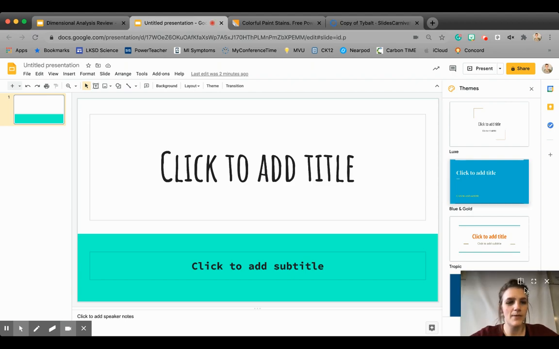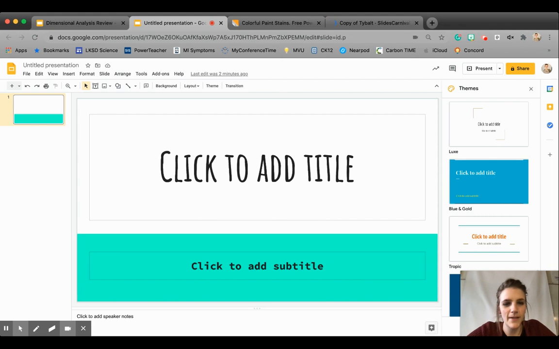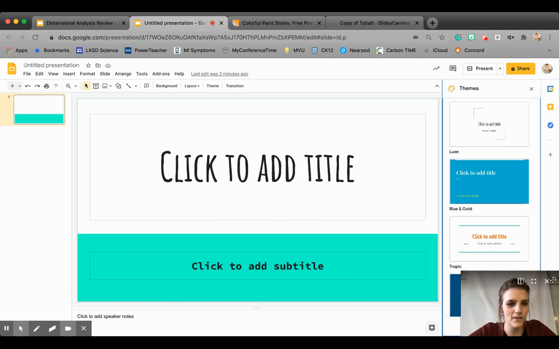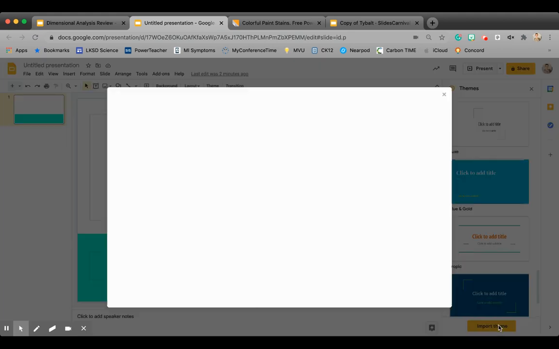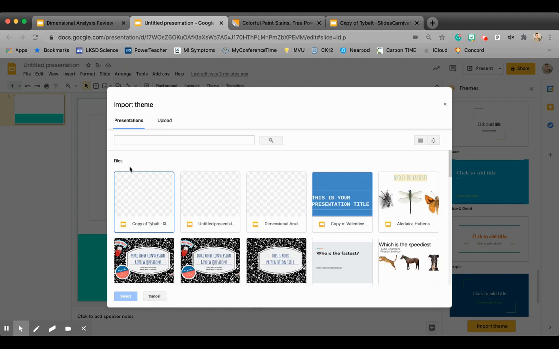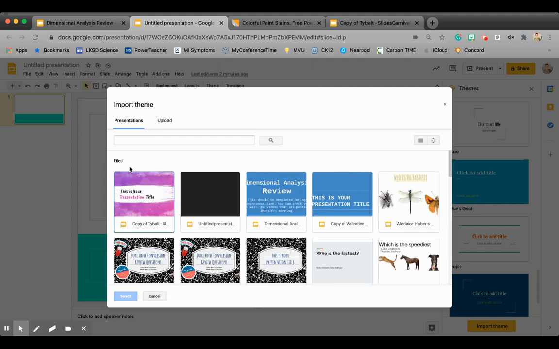Down at the bottom, how do I move this guy? Yikes. My little thing of myself is in the way. Let me close it. Down at the bottom, there's import theme. Click on that, and then the very last Google Slides that you just made a copy of should be the first one here. So if you click on that and then click select,